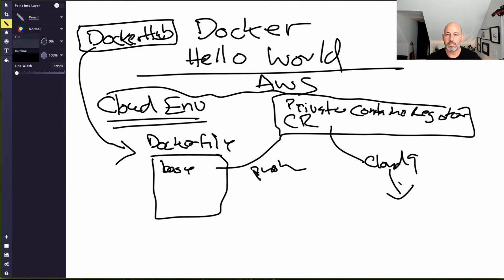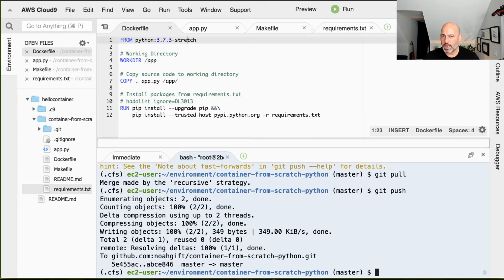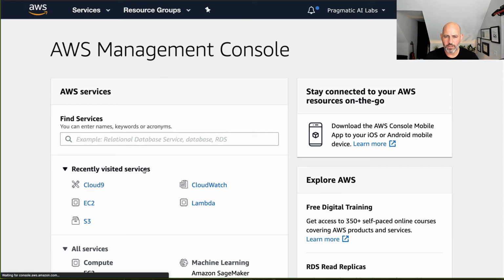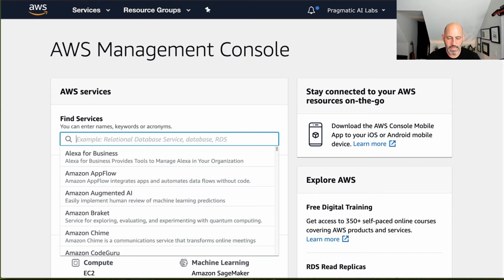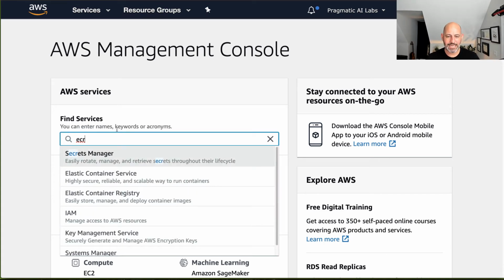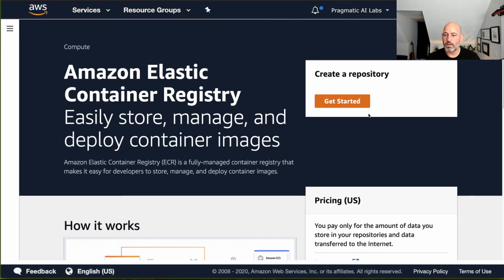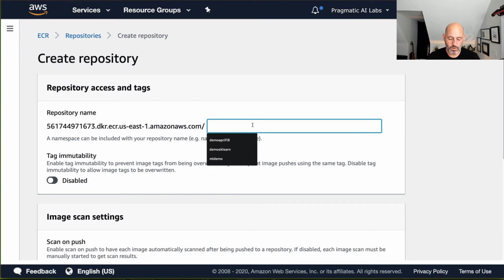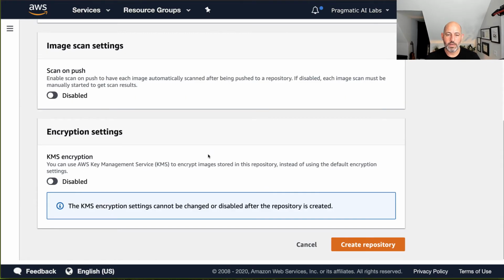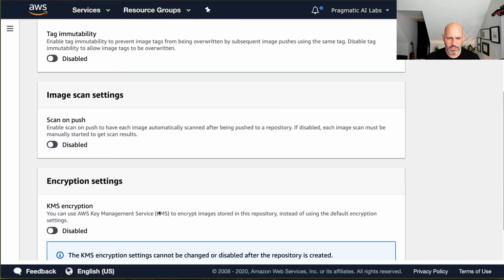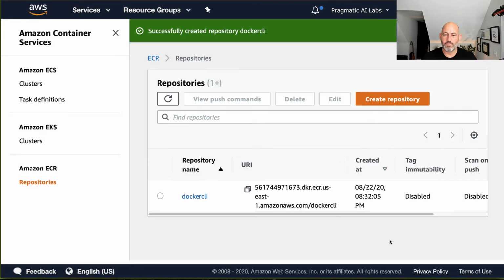Next is I'm going to go to this environment and I'm going to find the container registry. So they call it ECR, Elastic Container Registry. And what I will do is create a new repo. In this case, we'll call this Docker CLI. And now notice this, actually, you can even do like scan images as well, I think this is a security feature they just added, but I'm going to go ahead and say, yes, I'll go ahead